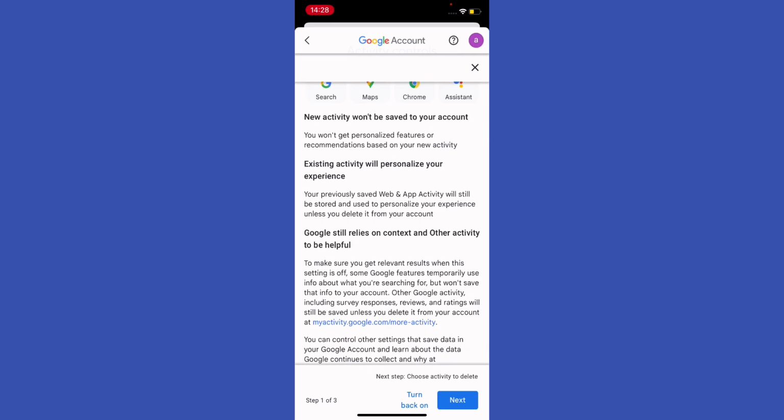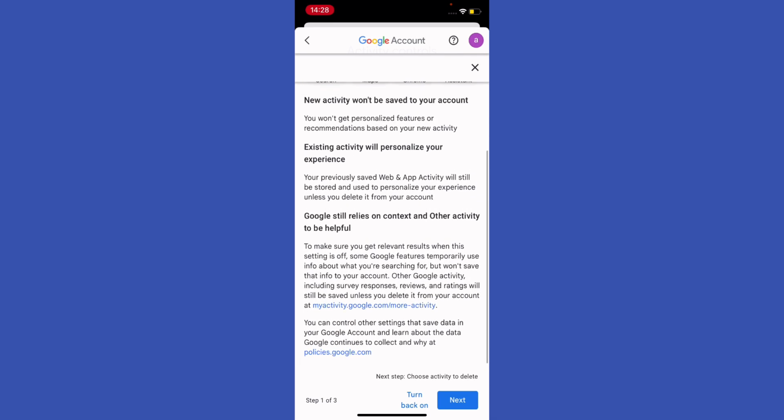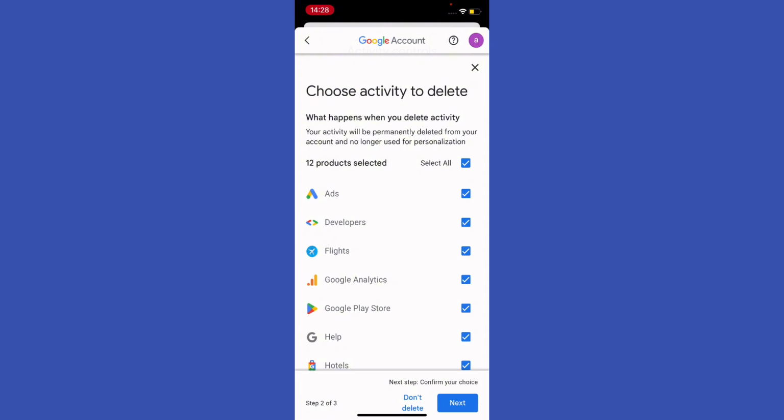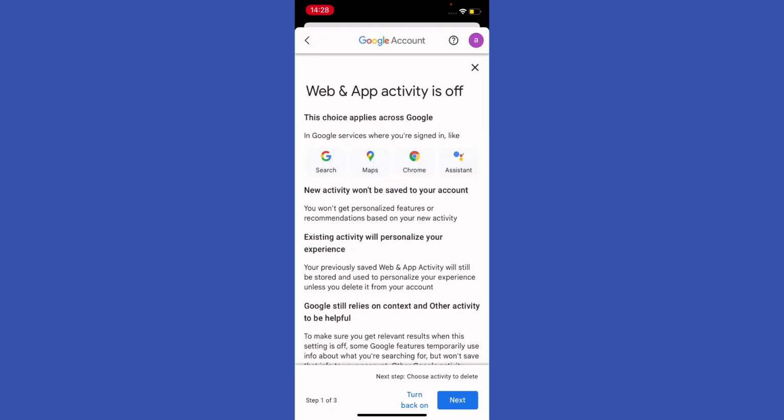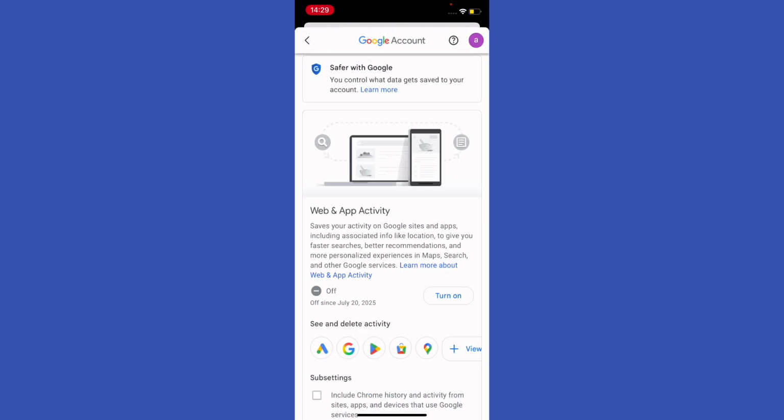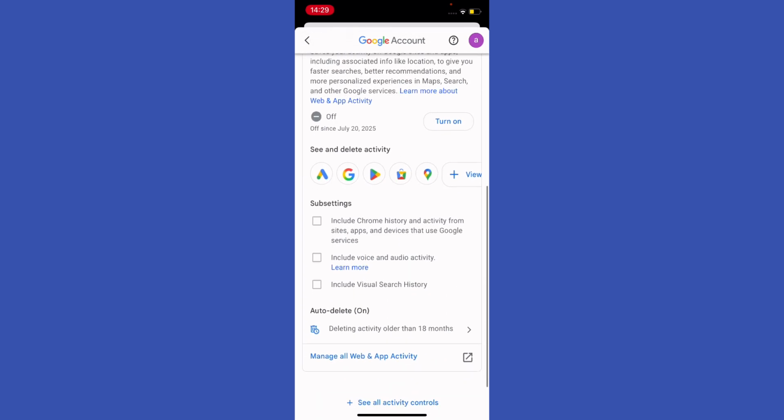So new activity won't be saved to your account. Then hit next, and then choose activity to delete, right? What happens when you delete activity? Your activity will be permanently deleted from your account and no longer used for personalization. And then hit continue, right? And you can delete it right now by selecting delete. Okay, that way you can delete the activity in the web history from